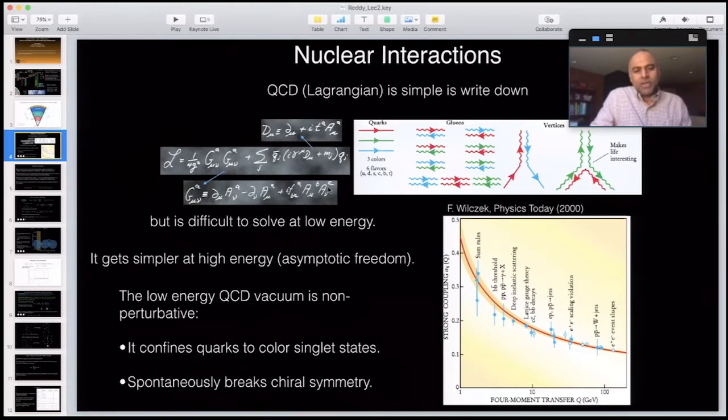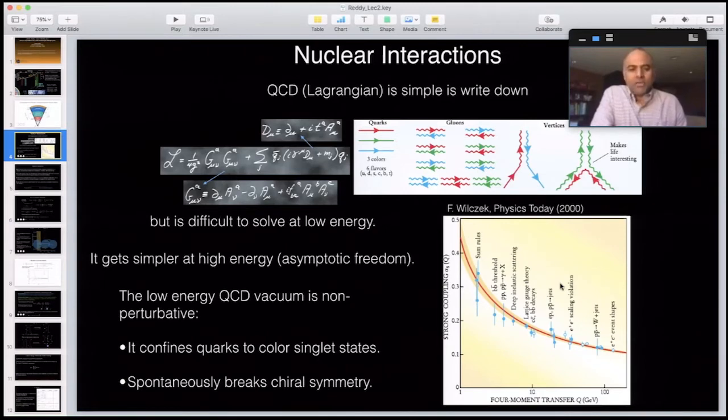So far we haven't been able to solve QCD at low energies or low temperatures, either in lattice QCD or in analytic theories. However, as I mentioned earlier, and I'm sure other lecturers have discussed, at very high energy, which can be achieved either by increasing the temperature or the density to very large values, of course the coupling constant, which is shown in the lower graph here,